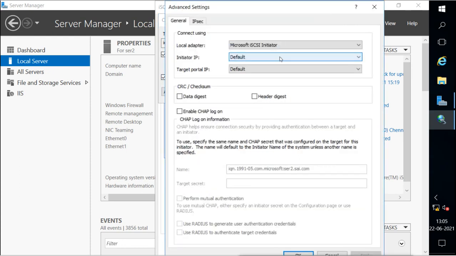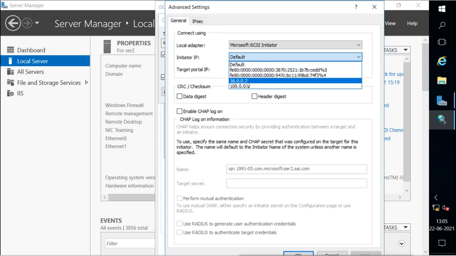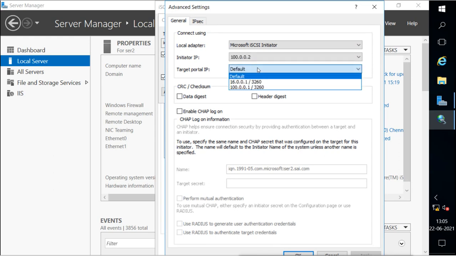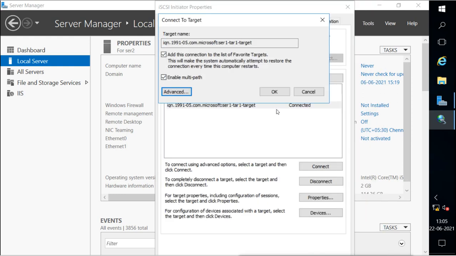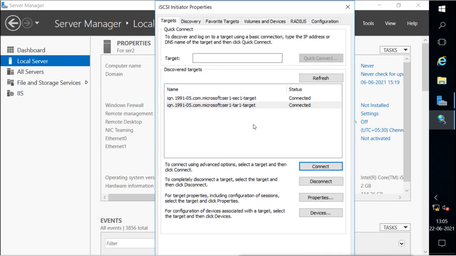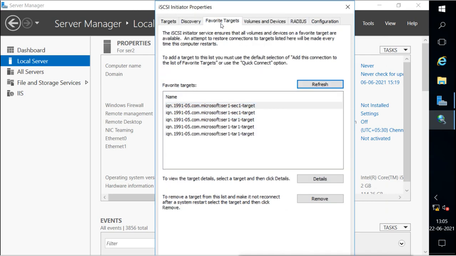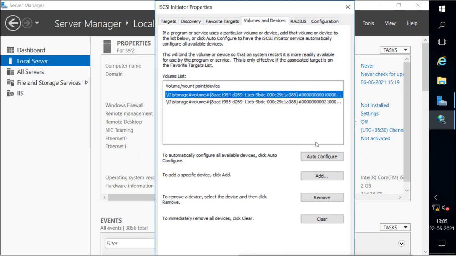For the initiator, by default it is using this one, so I'll go for this second interface for the initiator, and second interface for the target. There is no authentication here. And then I will go here to volumes and devices, and we click on auto configuration.